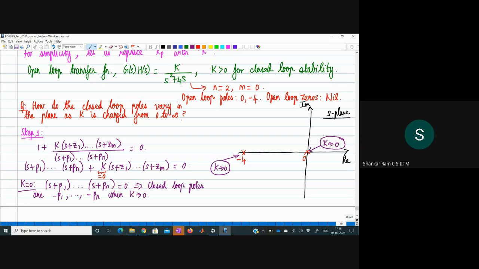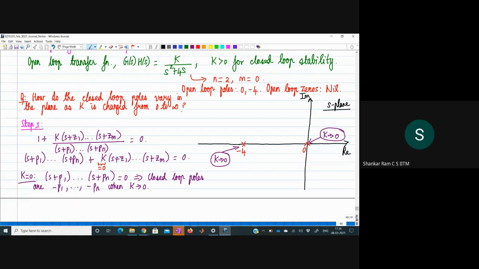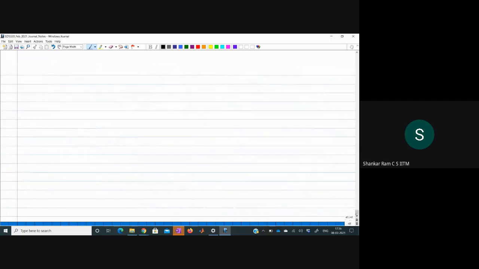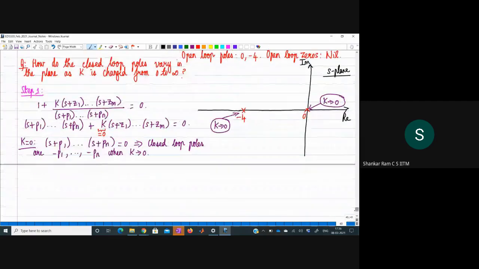Okay, so these are the starting points of the two branches. I hope it is clear how we got this particular condition. In this particular example, the root locus will have two branches. One branch will start from -4 and another branch will start from 0, because they